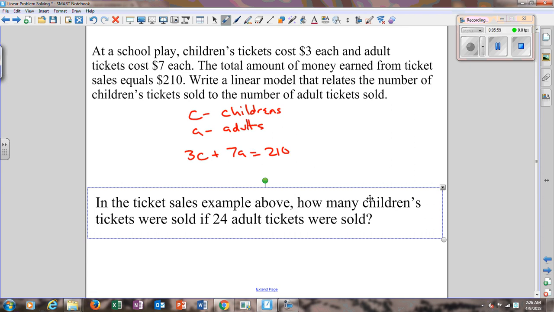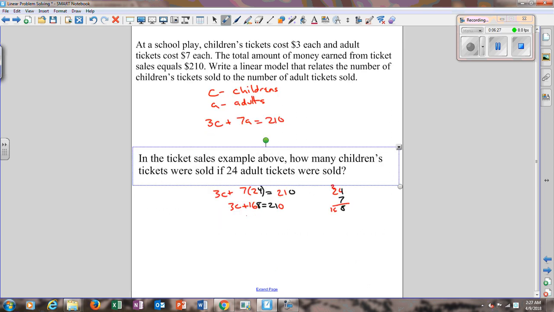Now in the next part it says, how many children's tickets were sold if 24 adult tickets were sold? So now we're just plugging 24 in for A. So it'd be 3C plus 7 times 24 equals 210. So it's going to give you 3C plus 168 equals 210. Subtract the 168. That gives you 3C equals